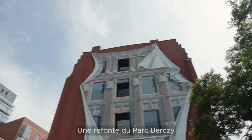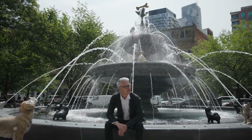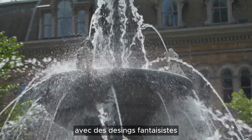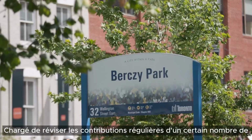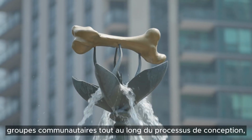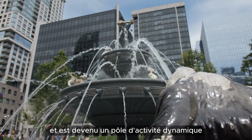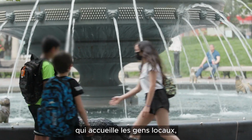A redesign of Berczy Park created by landscape architecture firm CCXA has not only rejuvenated the area, but has also brought the community together with whimsical designs, creating a sense of belonging and connection. Tasked with weighing regular input from a number of community groups throughout the design process, the park expertly balances the many expectations for the space and has evolved into a vibrant hub of activity that welcomes nearby residents, tourists, and